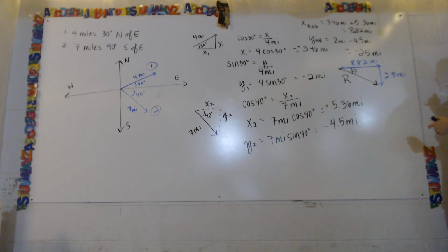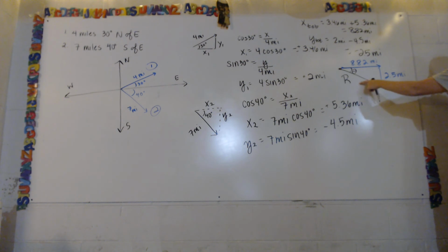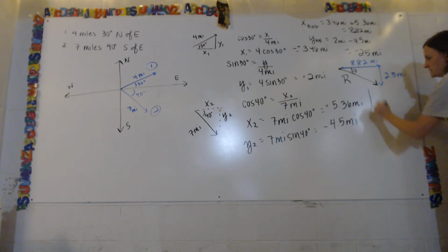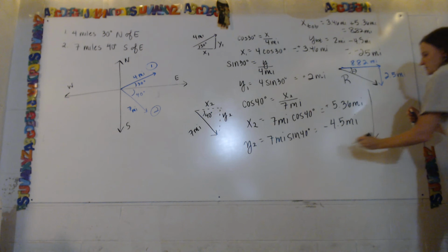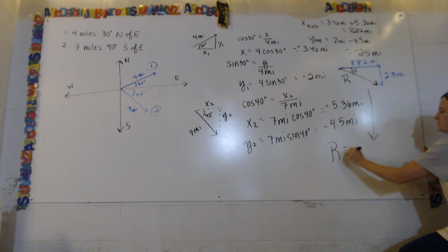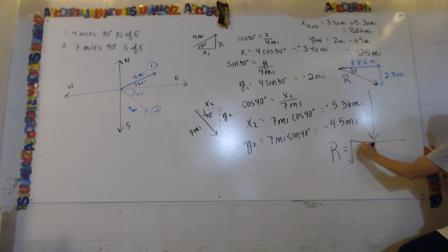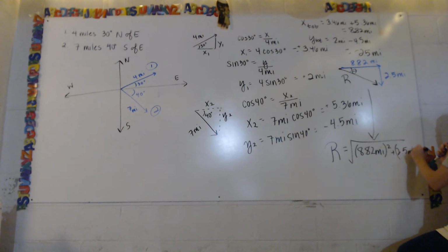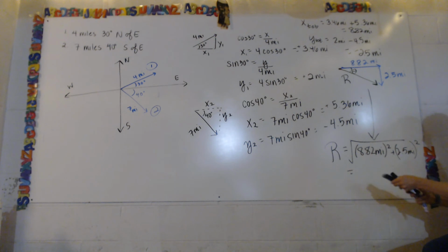Now I'm running out of room, but to find that r, I'm just using the Pythagorean theorem. So we can say x squared plus y squared is equal to r squared. So I'm going to take this down here. So r is equal to the square root of 8.82 miles squared plus 2.5 miles squared. And when I plug this in, I get